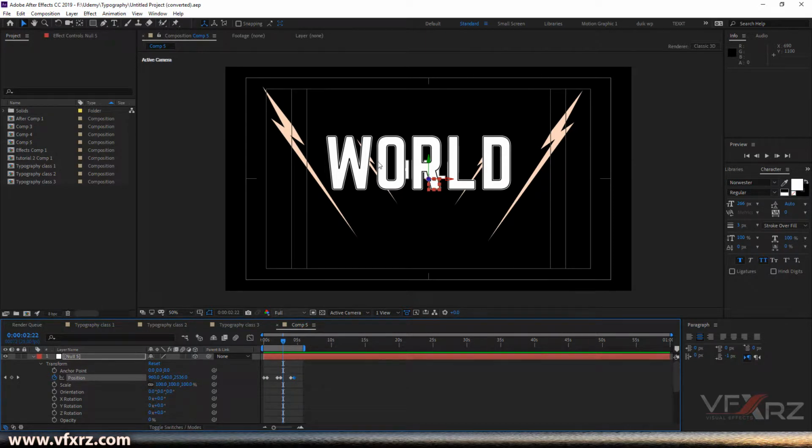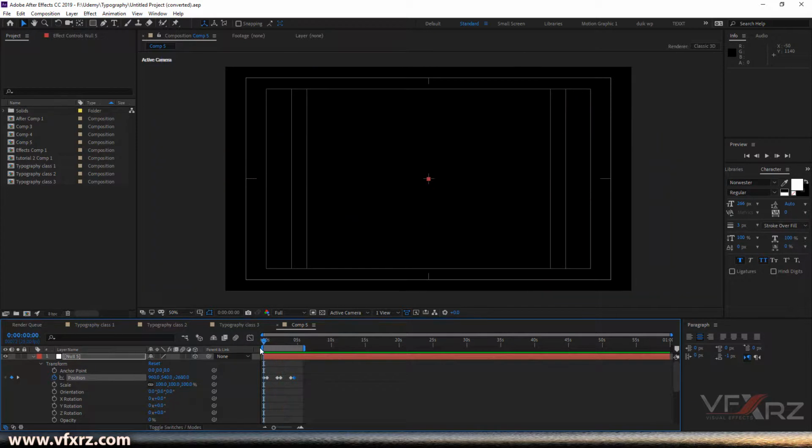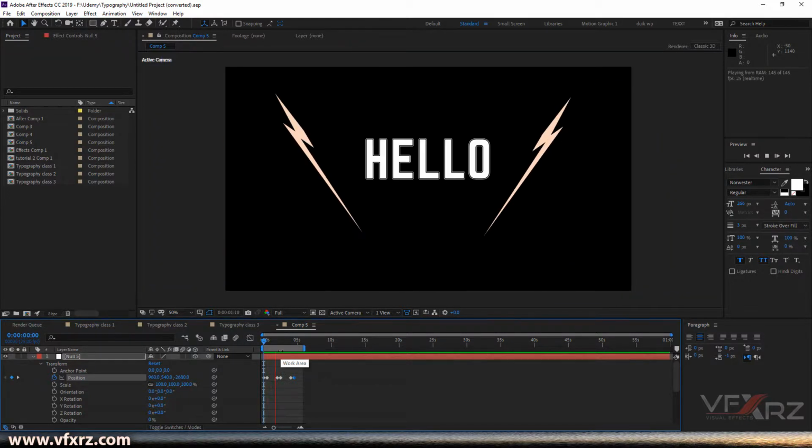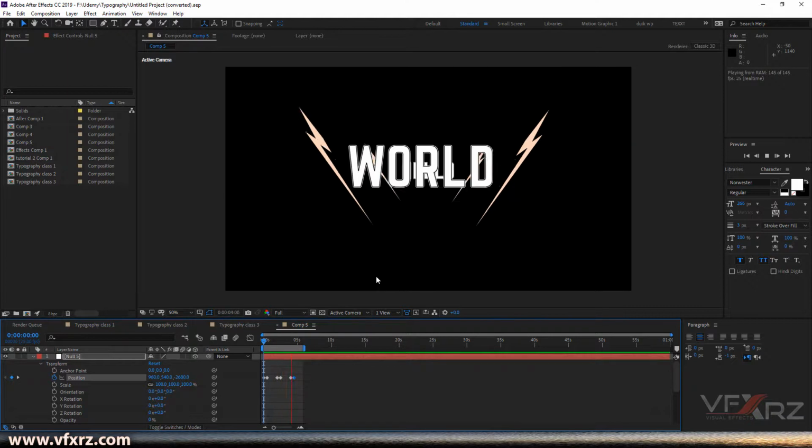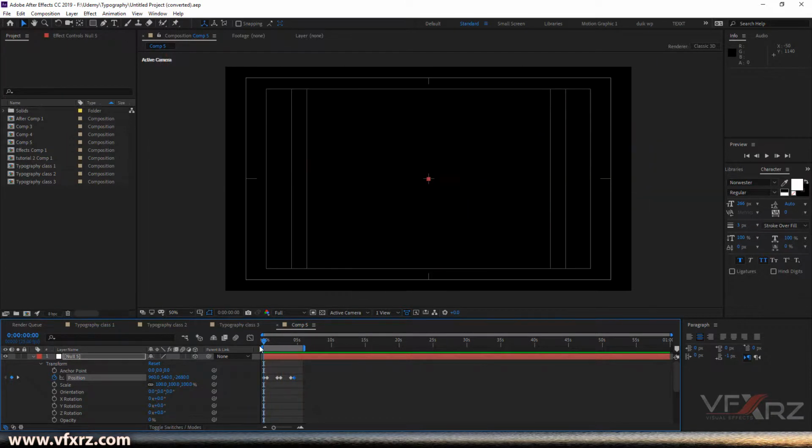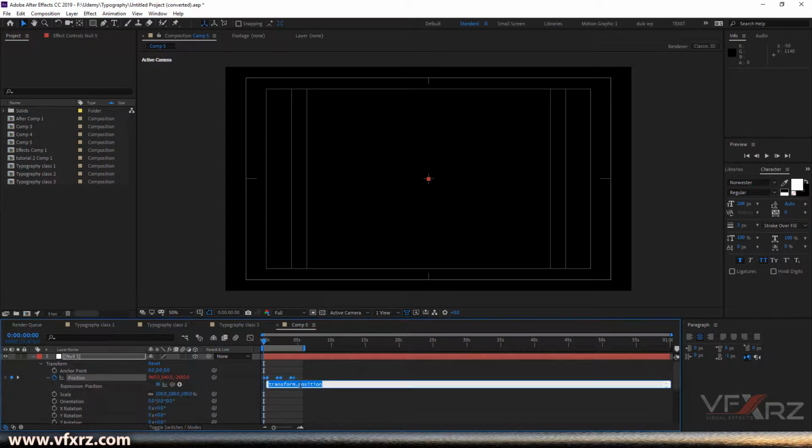Now I want to add handshaking for our camera, and it's very simple. If you want to add handshaking, first you should hold Alt and then click on this time bar, and here you can see we can add an expression. I want to use the expression wiggle, and if you add 2 and 40,